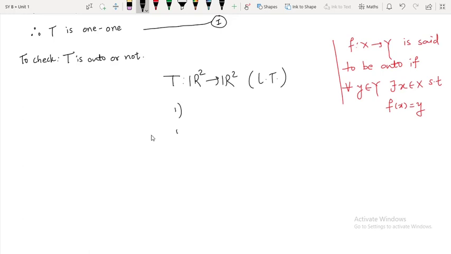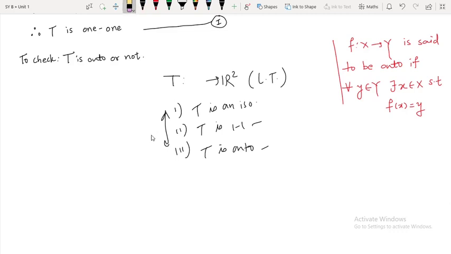The following statements are equivalent. T is an isomorphism, right? Then the next statement was, I think, T is 1-1, and the next one was T is onto, right? So if any one of these holds, what can we say? So if T is 1-1 or T is onto, then we can immediately say that T is an isomorphism.